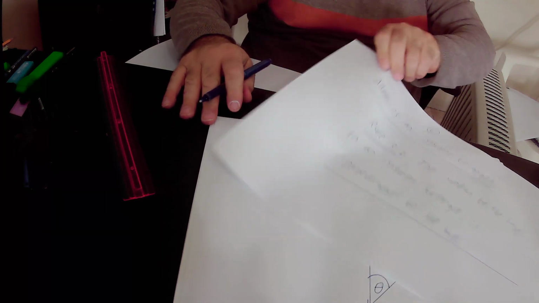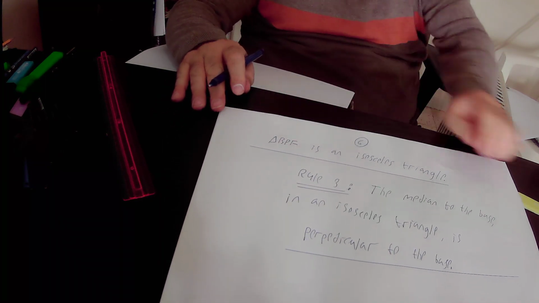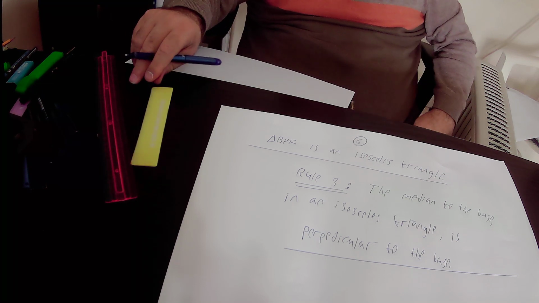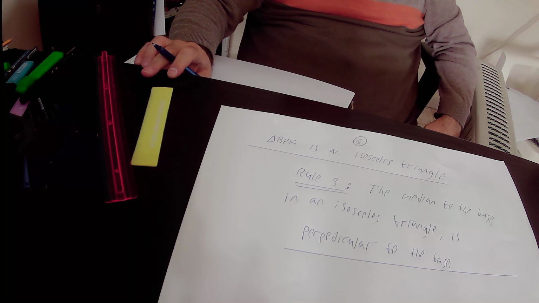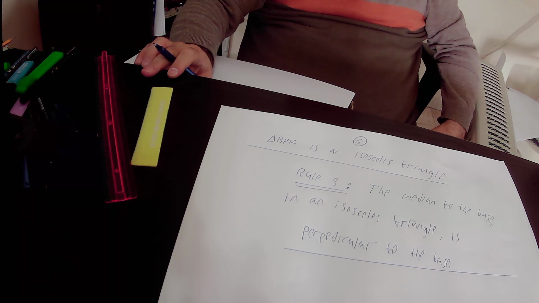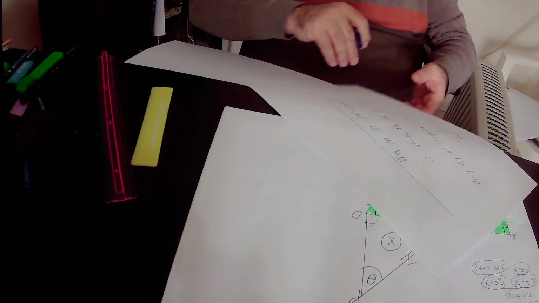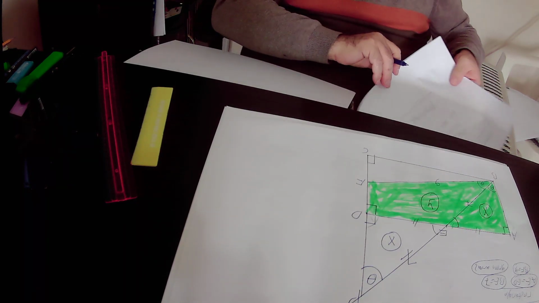I will repeat again: according to rule number 3, the median to the base in an isosceles triangle is perpendicular to the base. So what is the meaning of rule number 3? The meaning of rule number 3 is that if we have